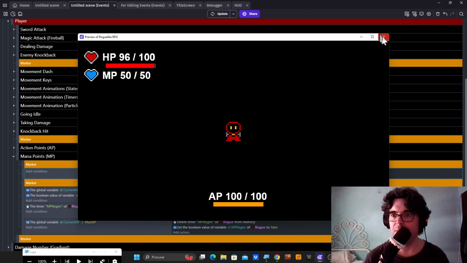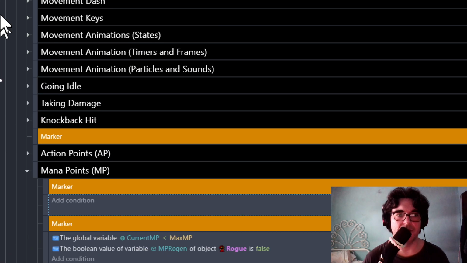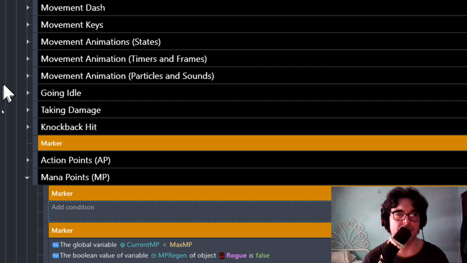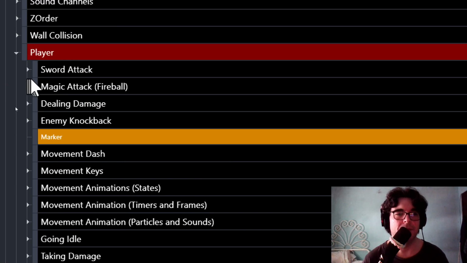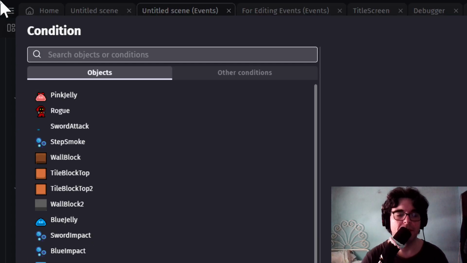So now we need to use the MP. So to use the MP, we're going to go to Magic Attack Fireball. And on this, I'm going to add the Boolean magic is pressed. I'm going to add the condition